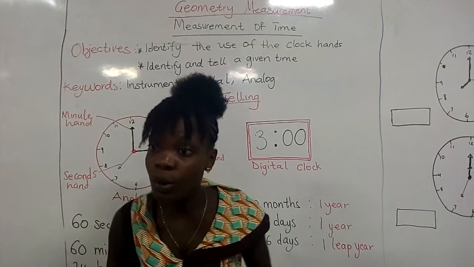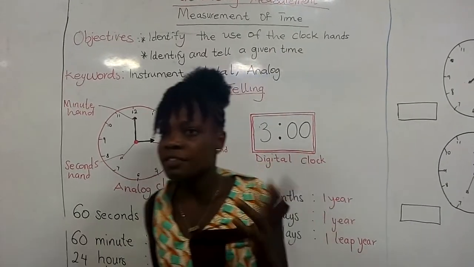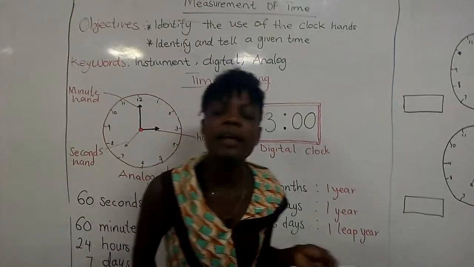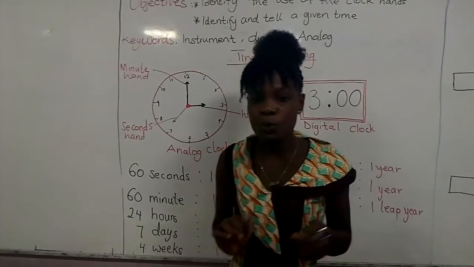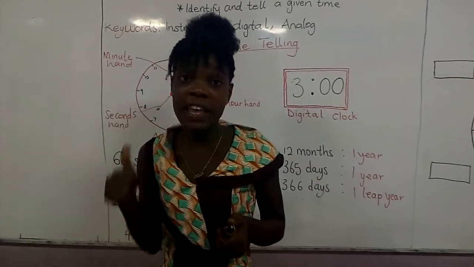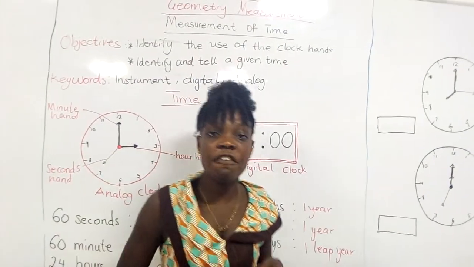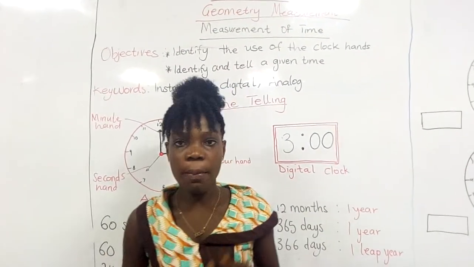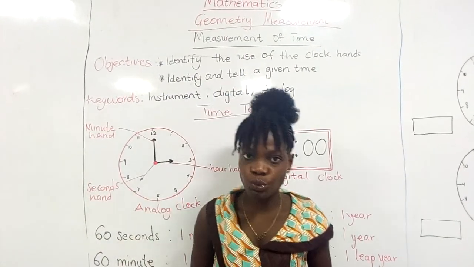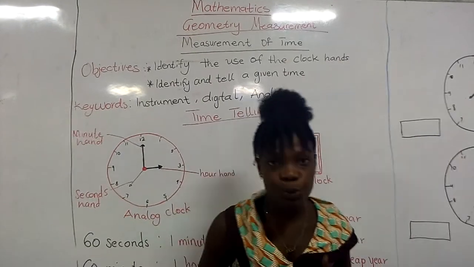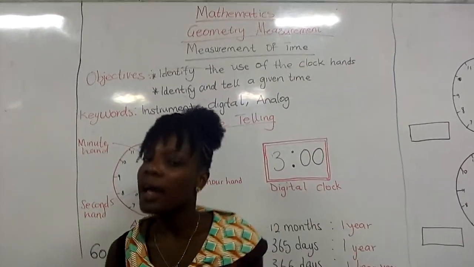The weeks go in order, and in 4 weeks we get a month. The same way the months go in order, and then we get a year. So 12 months make a year. We got to know that the months are January, February, March, April, May, June, July, August, September, October, November, and